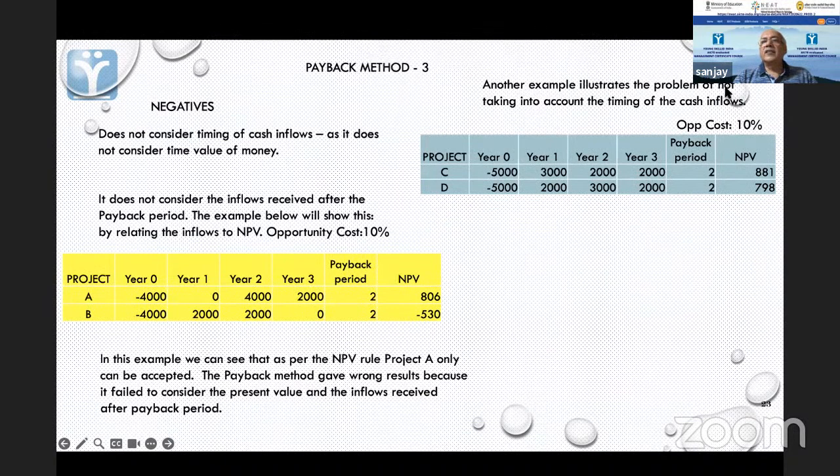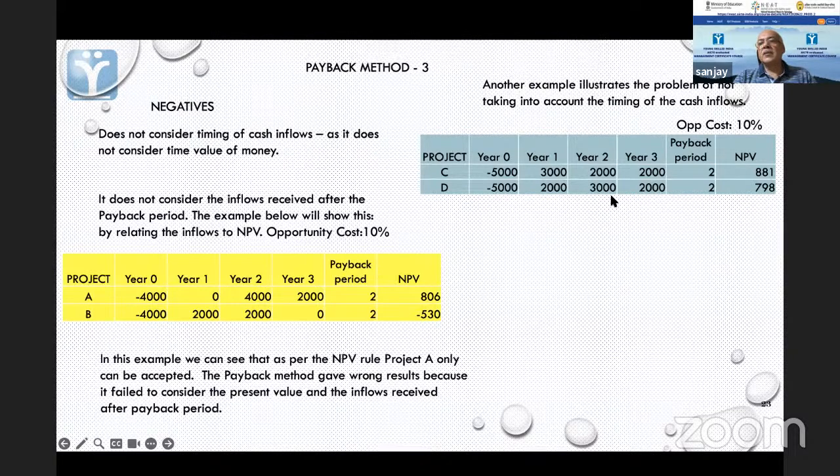Another example illustrates the problem of not taking into account the timing of cash inflows. So let's say that we take these two cases. We invest 5,000 in both of these. The cash flow pattern for the first project, C, is 3,000, 2,000, and then 2,000 again. That means a total of 7,000. Payback period is 2. NPV is 8,881. Project D, again you get 7,000,